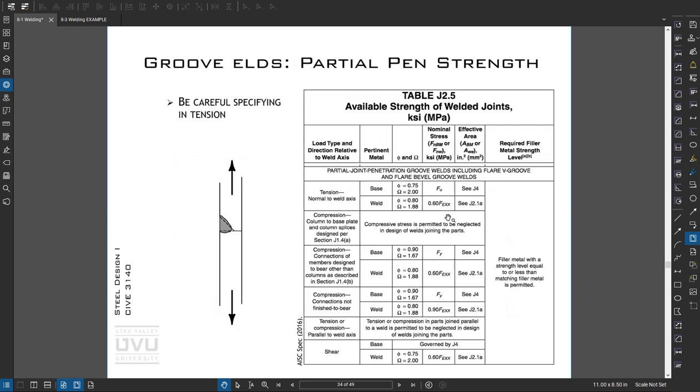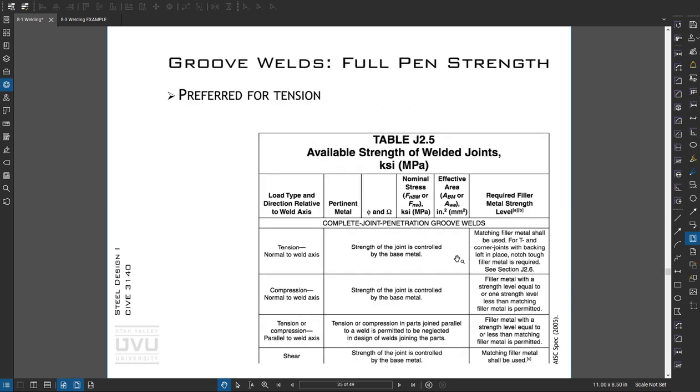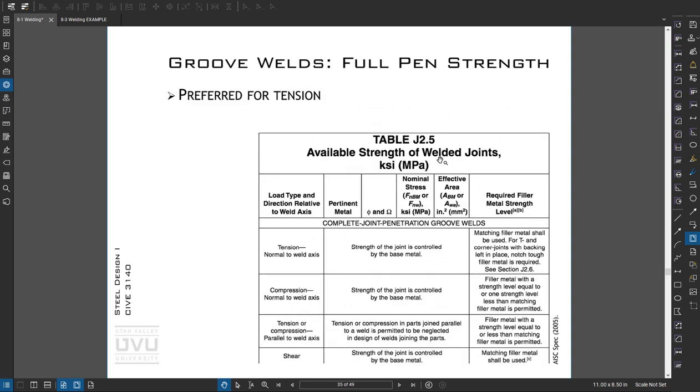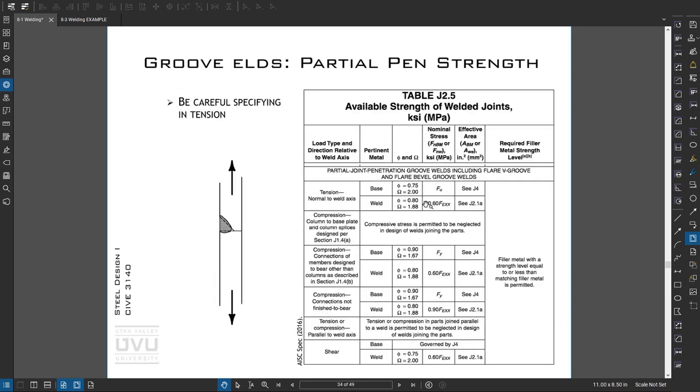So if I look at fillet welds, do I have that? Looks like I don't. So you'll need to jump over to the fillet weld table in the code to calculate that. So just deeper into here. All right, so basically